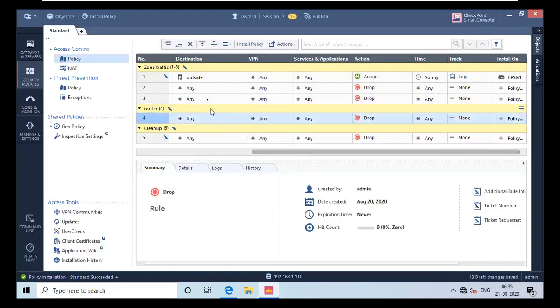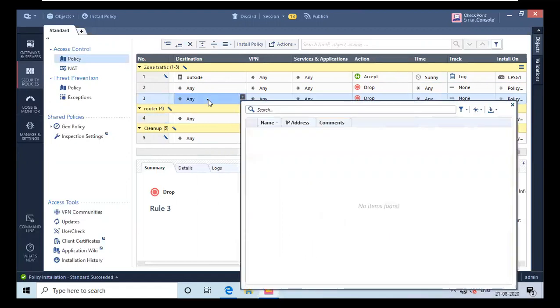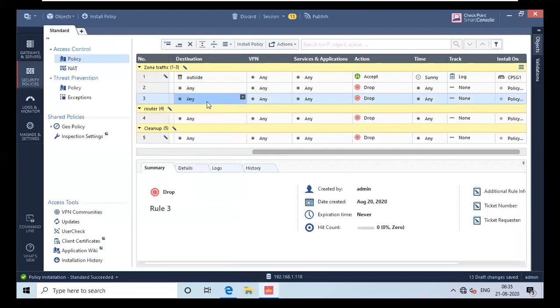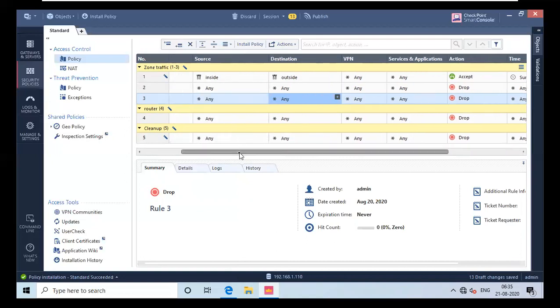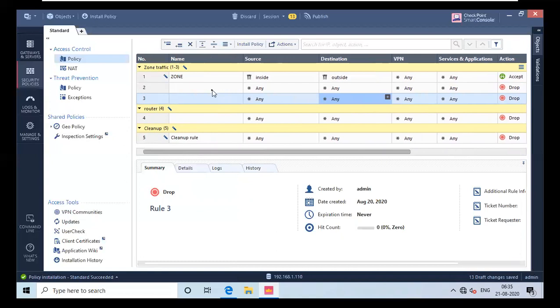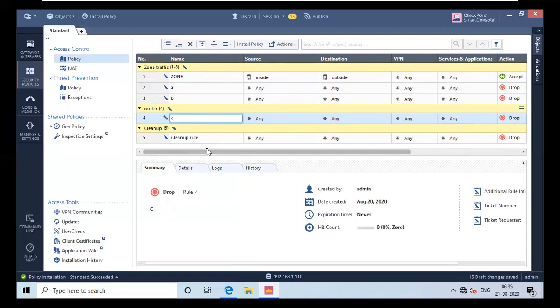Okay, great. So there are a couple of rules, and I will name them something. What you have to do is go to names, scroll a little bit left, and I will give some random names. This will be A rule. This will be B rule, and I will not publish it because it will ruin my configuration. Just to show you, or I will publish and discard it. It's okay. Okay. So there are a total of 5 rules.